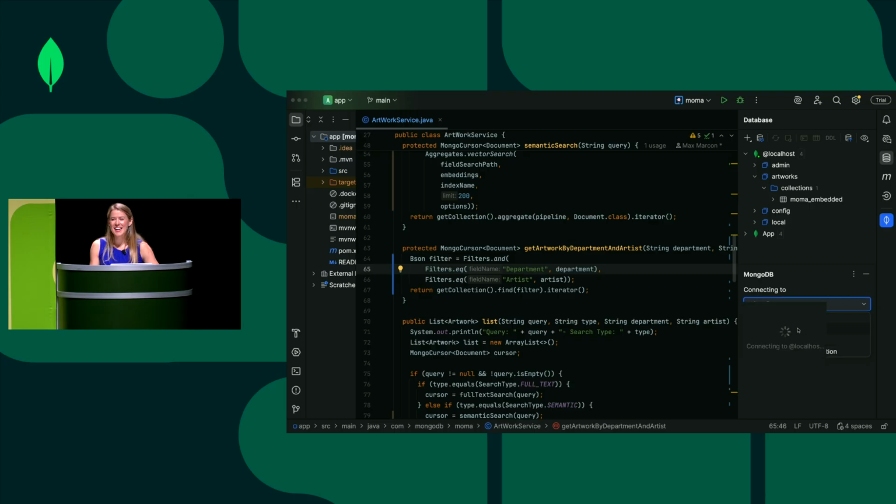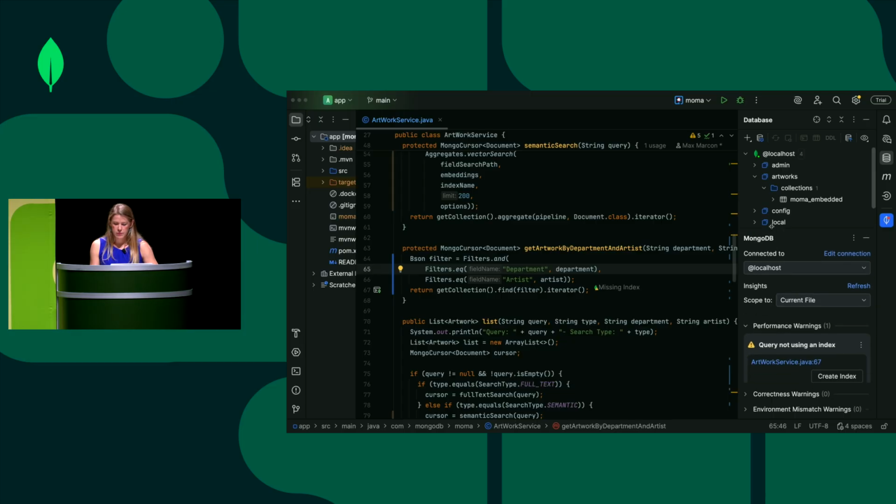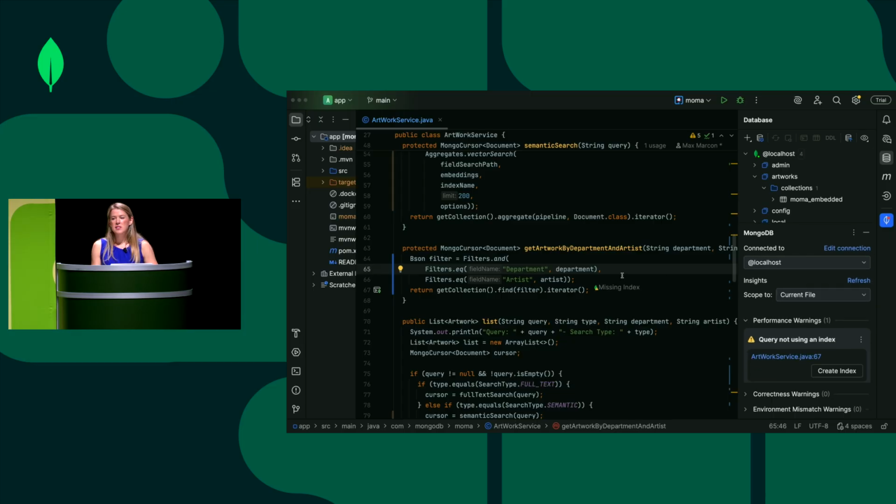OK, it had disconnected us from our cluster, which is probably why no insights were being shown earlier. You have to make sure you're connected to your cluster so that it can see what indexes are available to your queries. And now that we're connected, you can see that there are actually performance warnings that are being shown here for our query. You can see here that there's a missing index note